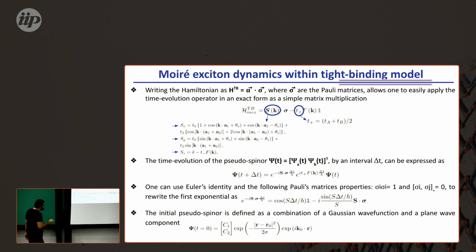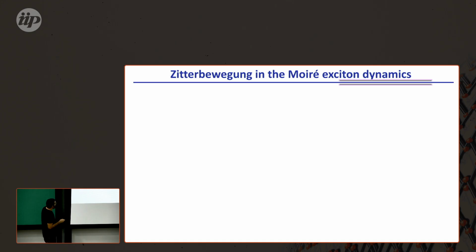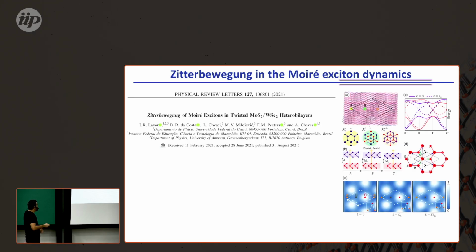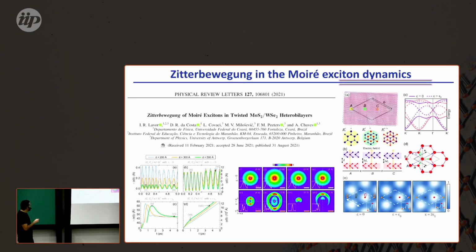So, with that in mind, we start a Gaussian wave packet, we evolve in time, and see what is happening. And the first paper that we published about this subject was this PRL, where we took advantage of this model that I just described here, and we explored the Zitterbewegung effect. The Zitterbewegung effect was predicted in the 1930s by Erwin Schrödinger, and it's pretty much related to the trembling